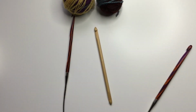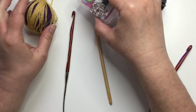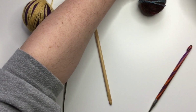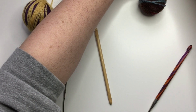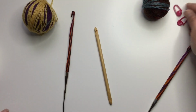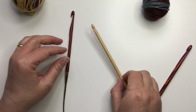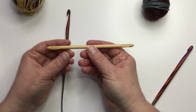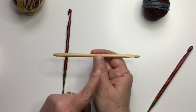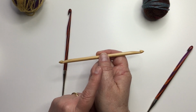And we need two. Then we need to have stitch markers. So have two stitch markers handy for the section where we have to create the hole for the head, the space for the head. And we need a double-ended hook. Now, you can use this hook, which is a short double-ended hook. However,